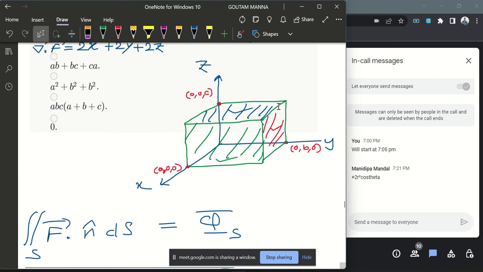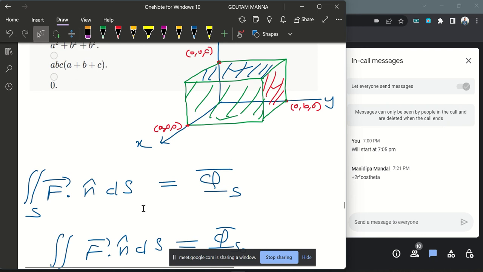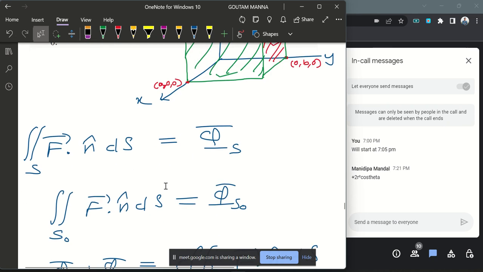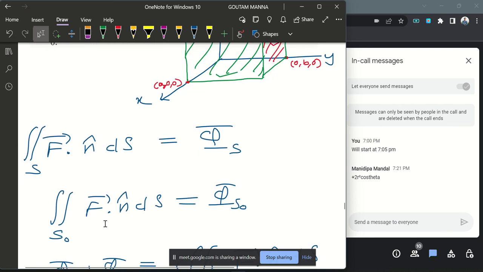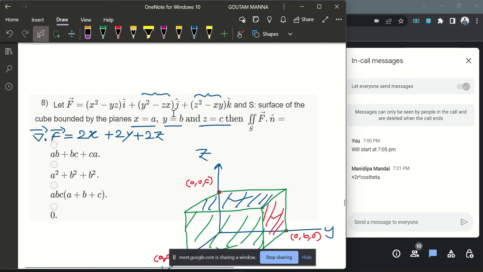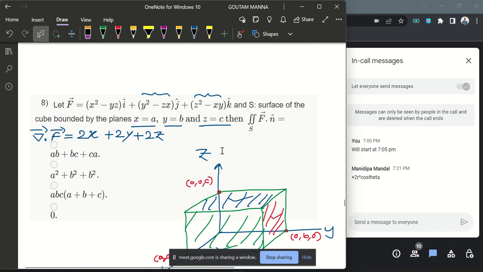So now if you do this integration along this surface of this yz plane, then f dot n hat, so n hat is along this x-axis for this yz plane. So f dot n hat will be then only this term,